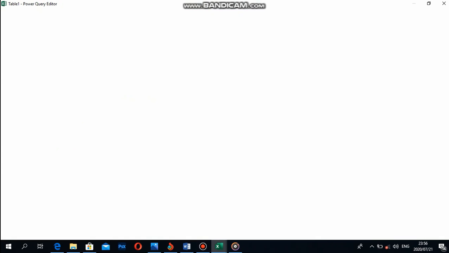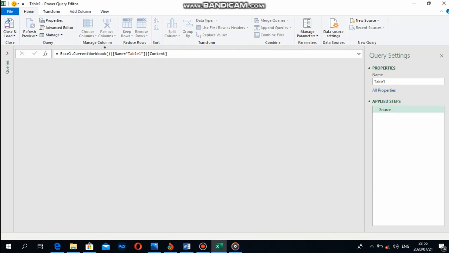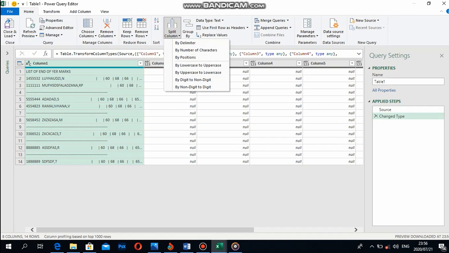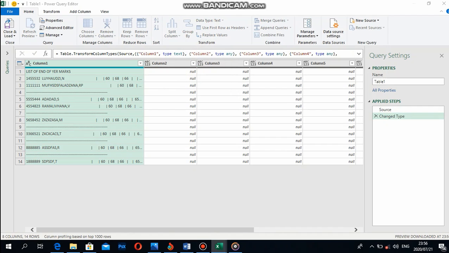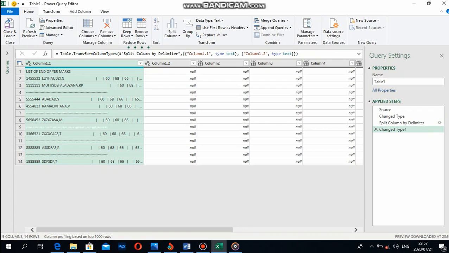It's loading, just a minute. There we go. And then I'm going to try and split the columns by delimiter. And since we only want two columns consisting of names and ID, I'm going to try and split and separate these two names right here. I simply press it here,